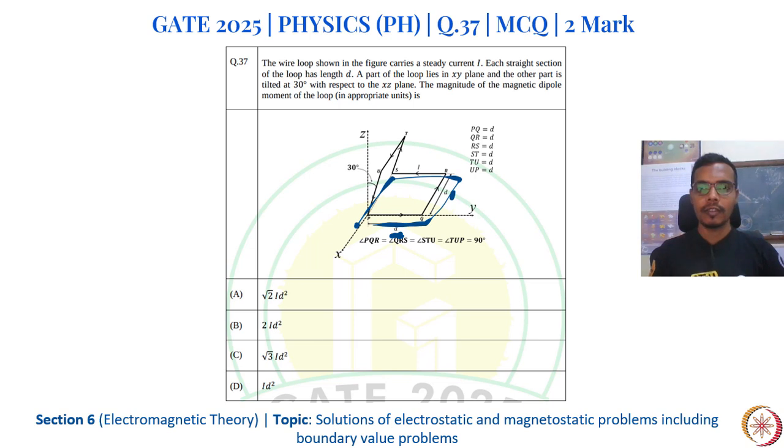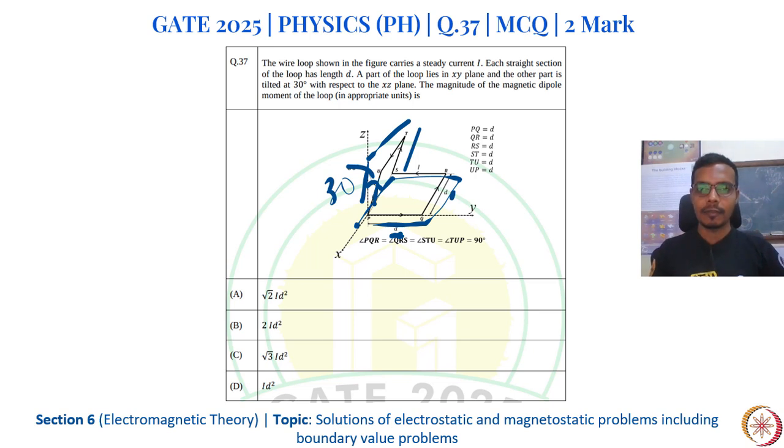Section STUP is tilted. The diagram shows the side PU is making an angle of 30 degrees